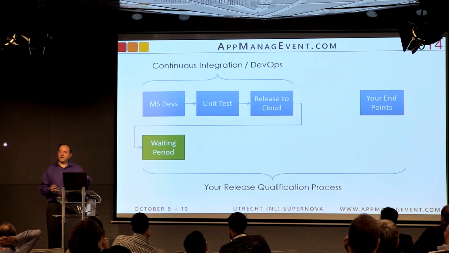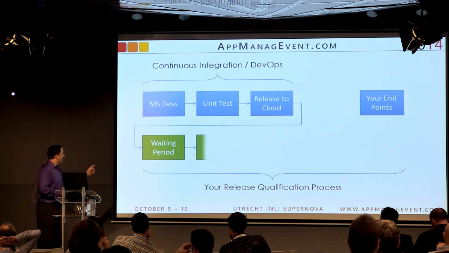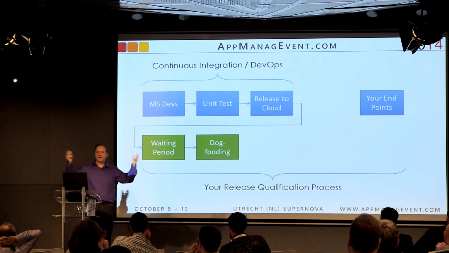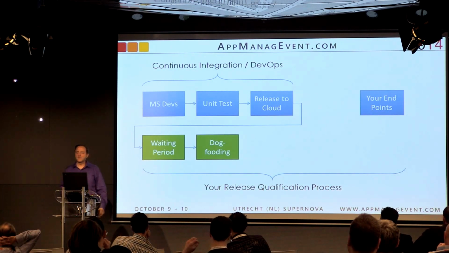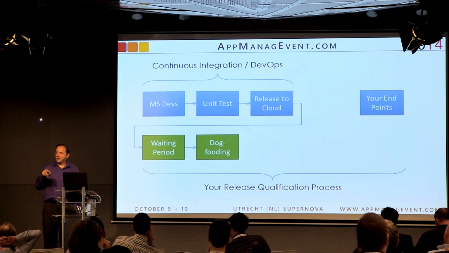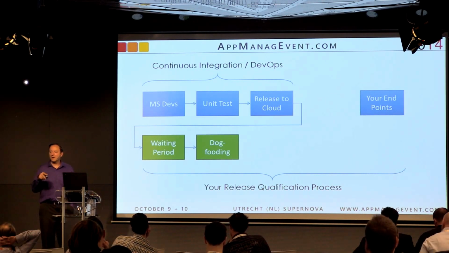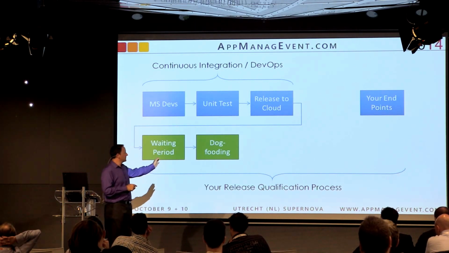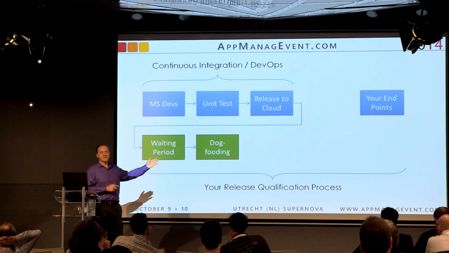Microsoft comes out on Patch Tuesday with a new version of Office. How long do you want to wait to see if there's any kind of pullback? Then dog fooding. Microsoft's really keen on this, that you run it on 100 IT desktops for a week and then you're good to go. I'm not keen on that profile of dog fooding because those people are not running the plugins that are probably going to have problems with a monthly update, right? So if you're going to dog food, I think it needs to be the people running the actual plugins to Office if you have critical ones.